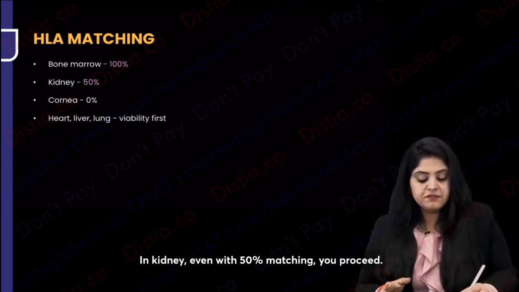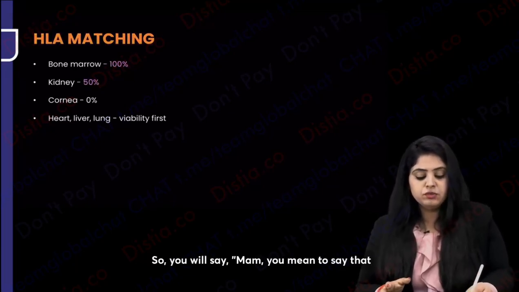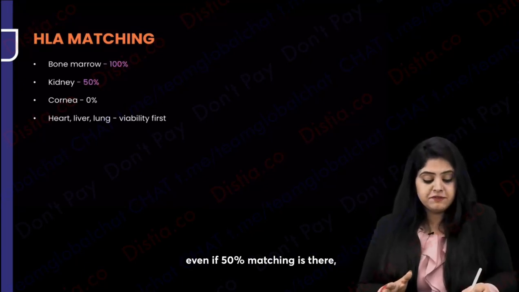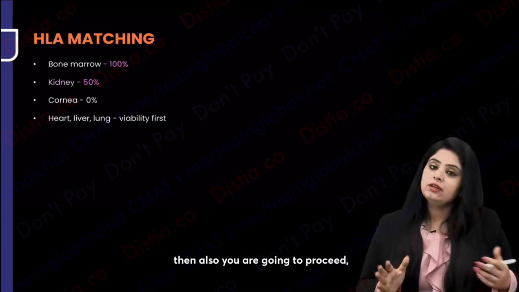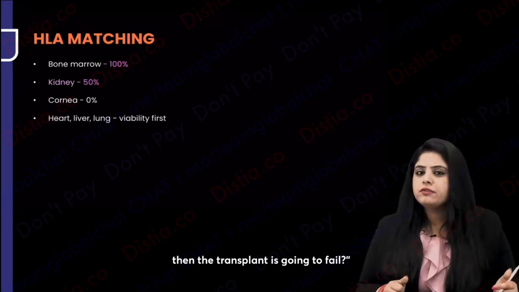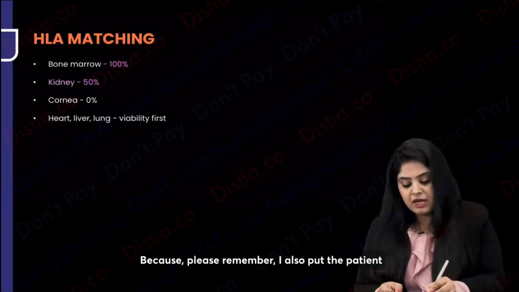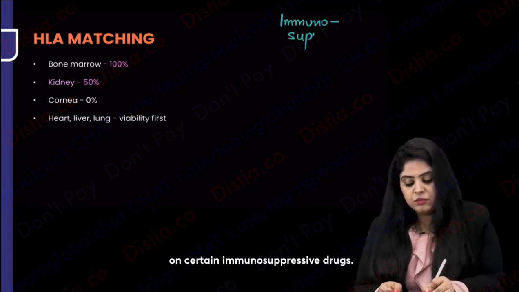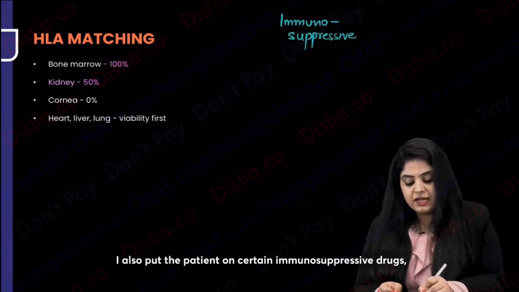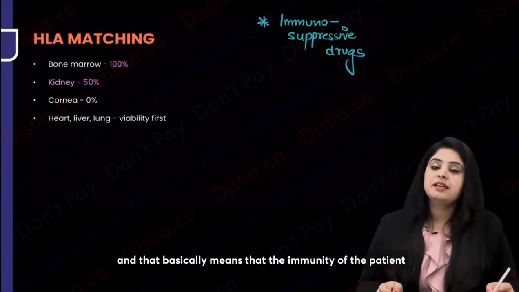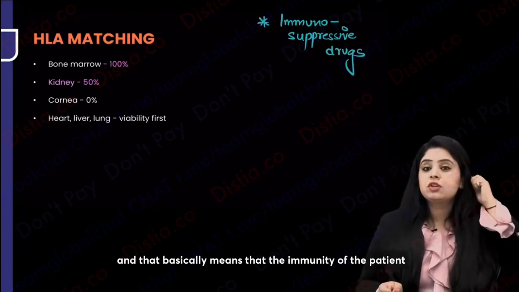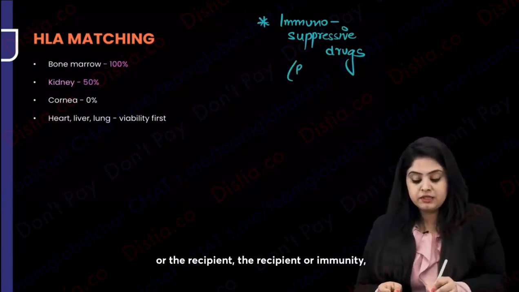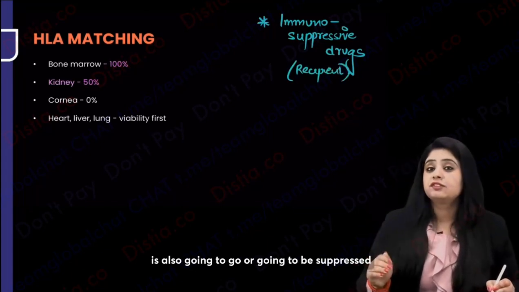In kidney, even with 50% matching, you proceed. So you'll say, ma'am, you mean to say that even if 50% matching is there, you're going to proceed, then the transplant is going to fail? Because please remember, I also put the patient on certain immunosuppressive drugs, and that basically means that the immunity of the recipient is going to be suppressed so that the transplant